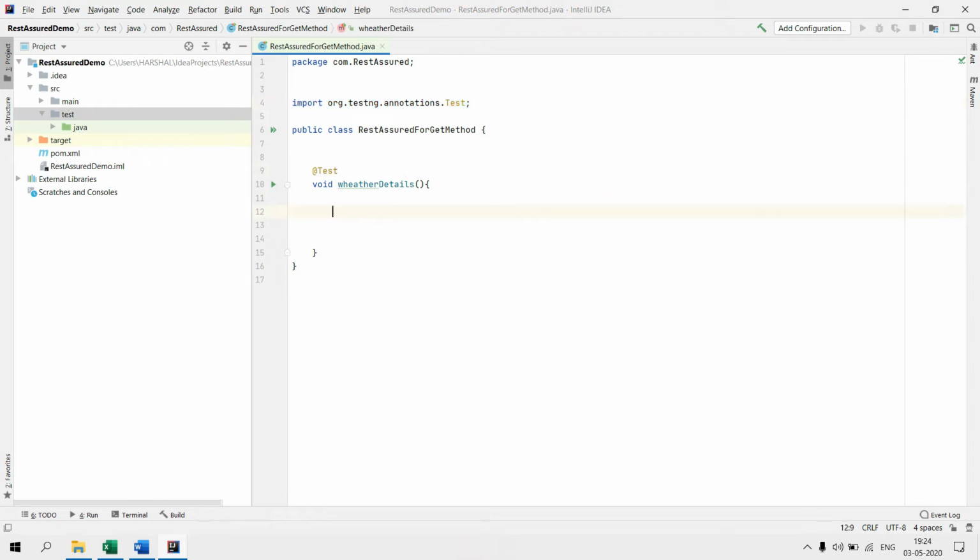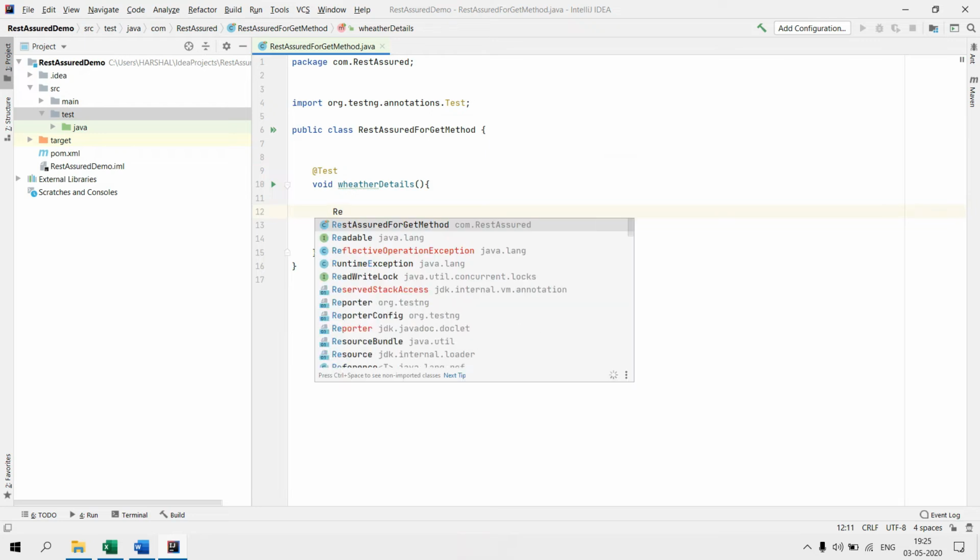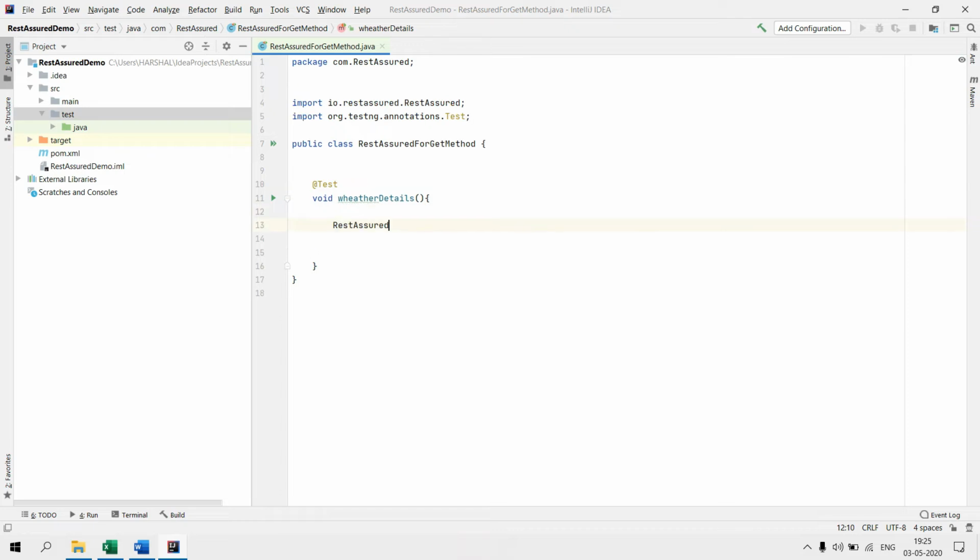Now we are directly using RestAssured.baseURI. So we are writing here our base URI.